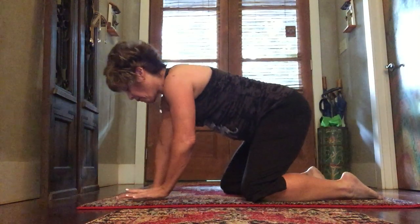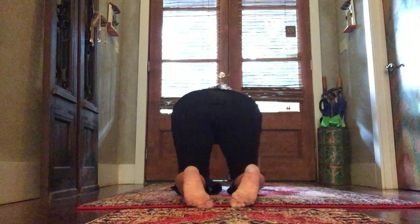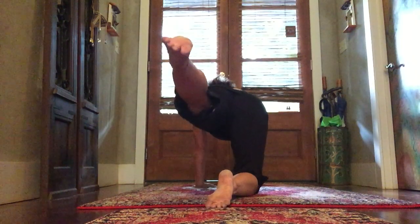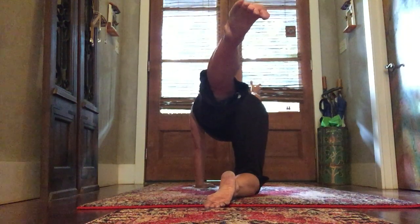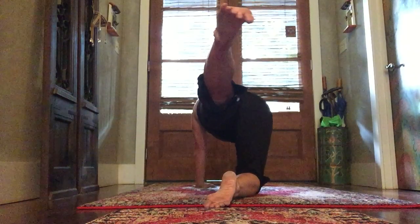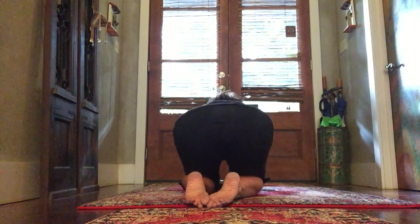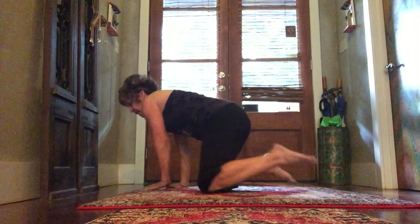I'm going to turn forward so you can maybe hopefully see what that looks like from that view. We're going to inhale, and again, right arm, left leg reaches, thumb up, reach through the toes and fingers, cross your leg behind you, cross your right arm overhead toward the left, come back to center, nice and slow in the exhalation, coming down. And then other side, continue reaching the left arm, right leg forward,